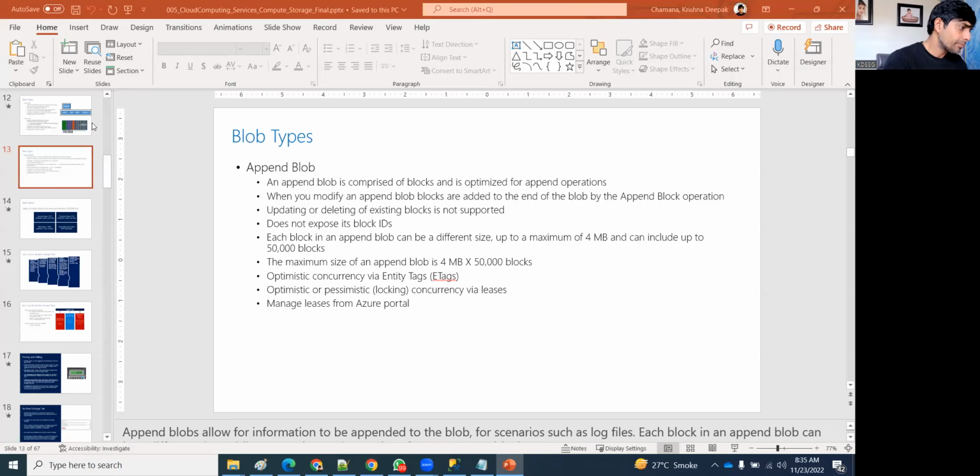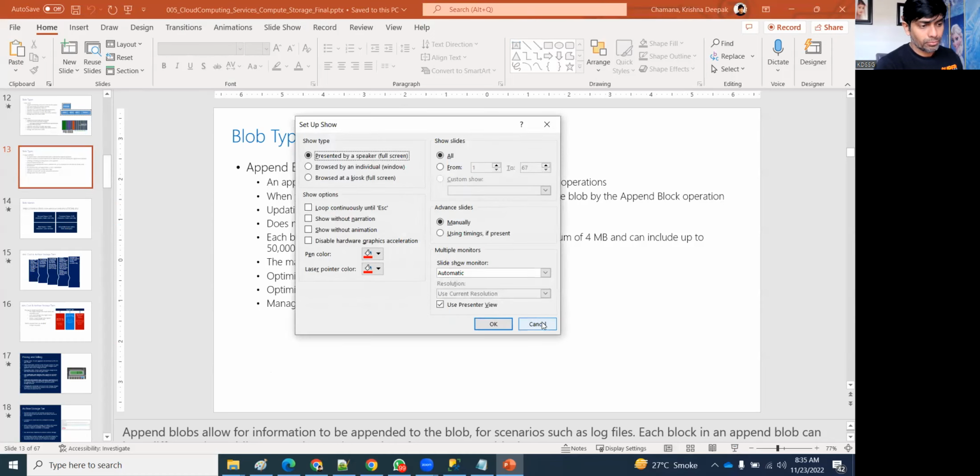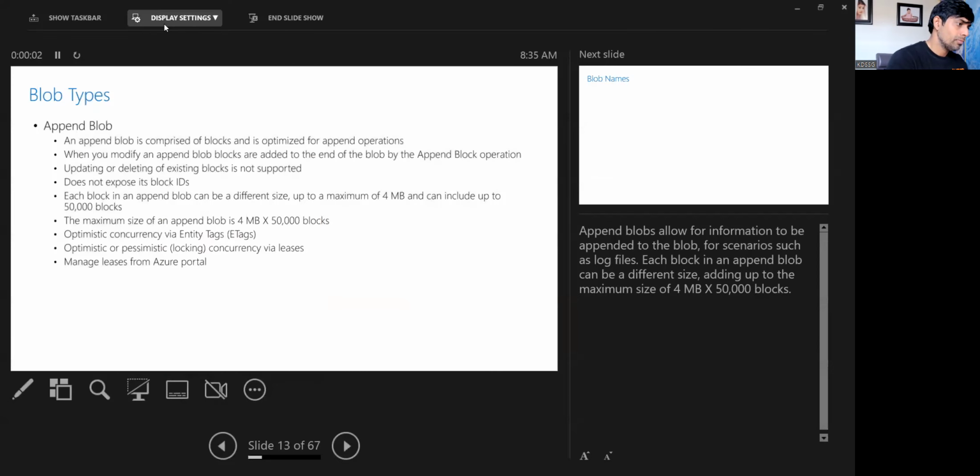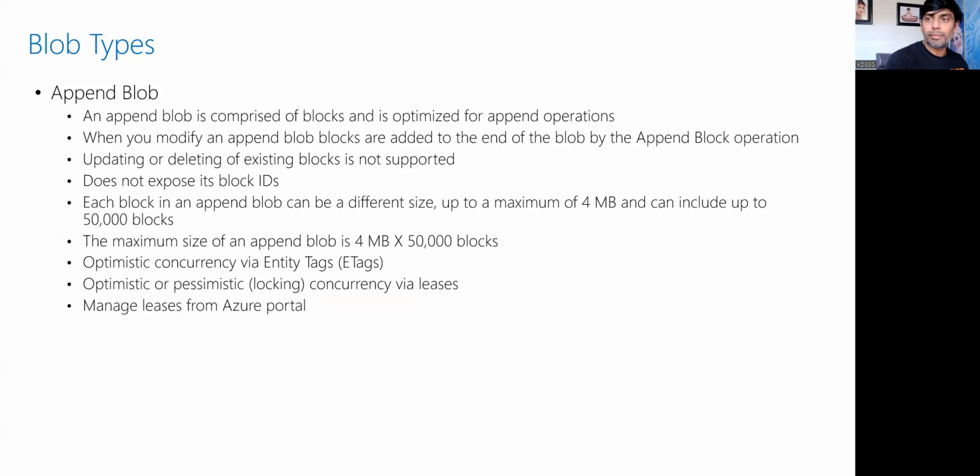Append blobs. Done. So you can read it, self-explanatory, nothing much.